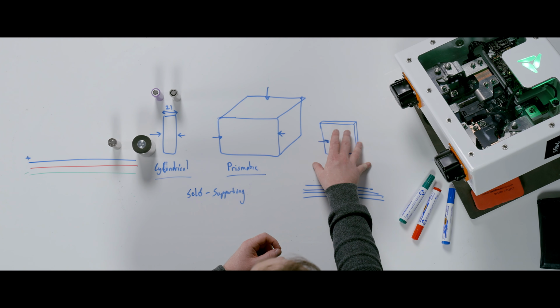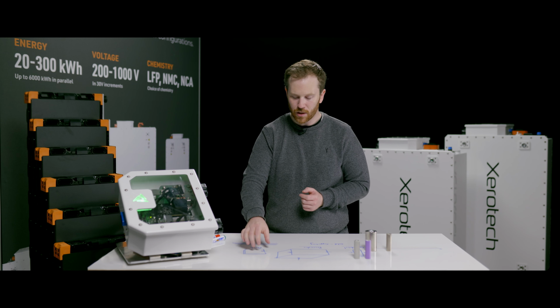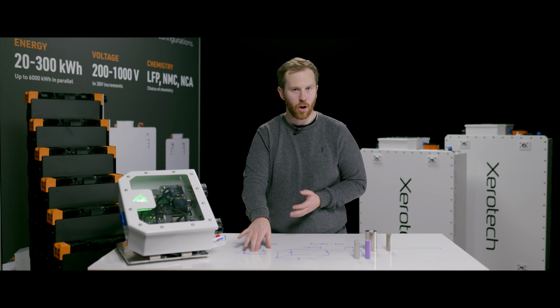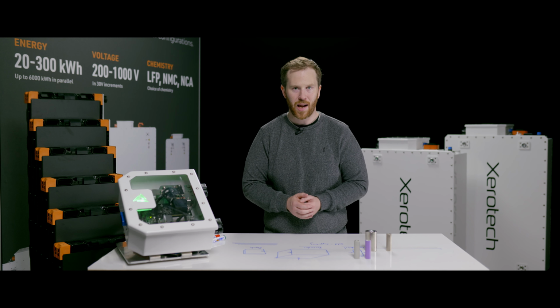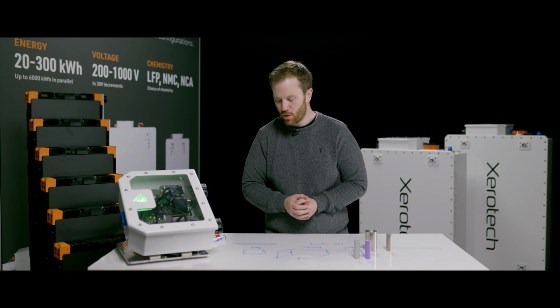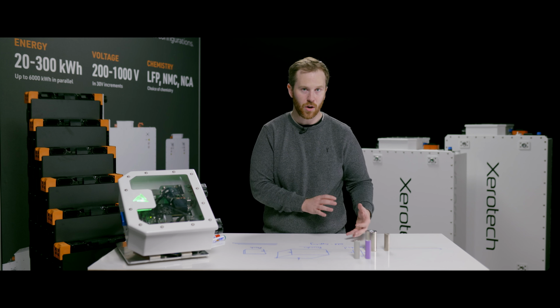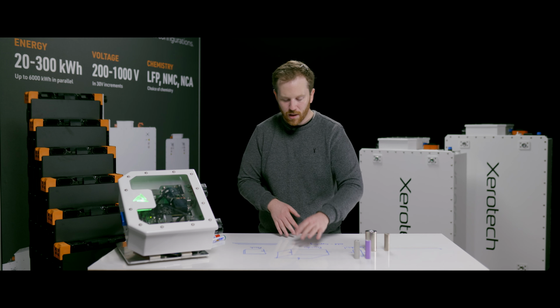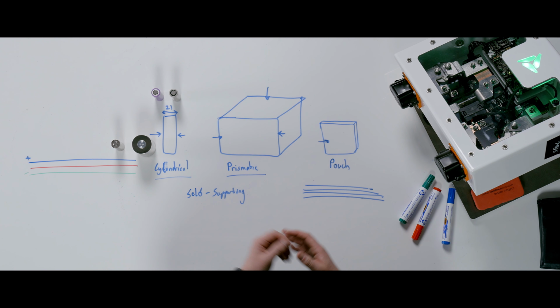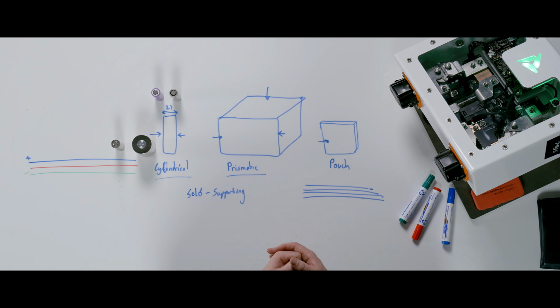Pouches are quite fragile. It's very easy to puncture a pouch, and if it thermally runs away, there's basically nothing to protect it. It's just plastic on the outside, a low temperature plastic that can burn and easily cascade or propagate to another battery cell. So that's one of the risks with pouches compared to other cell formats. Prismatic is a bit better. It's encased in a metal box, but there's quite a lot of energy usually inside of that prismatic.